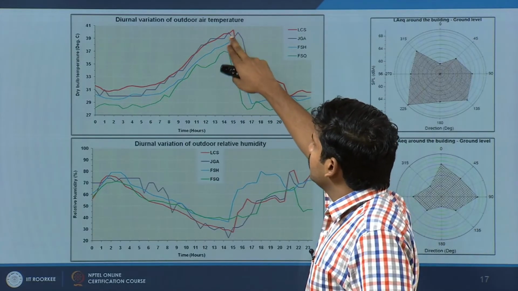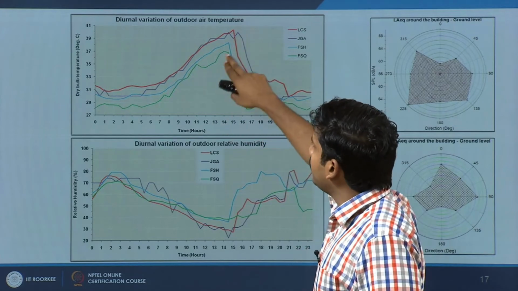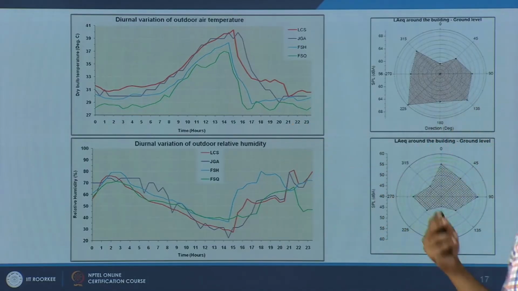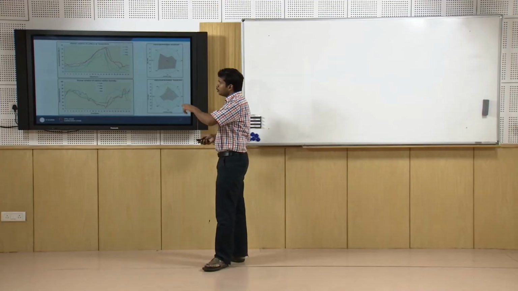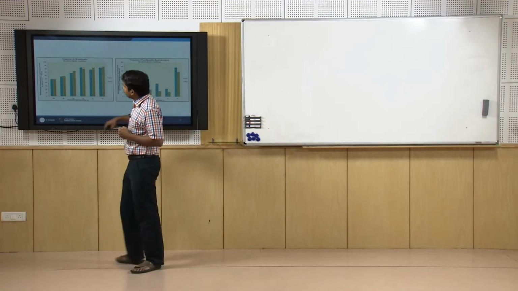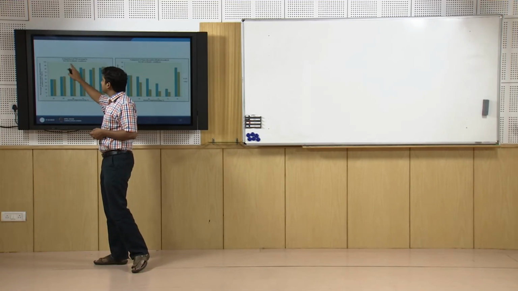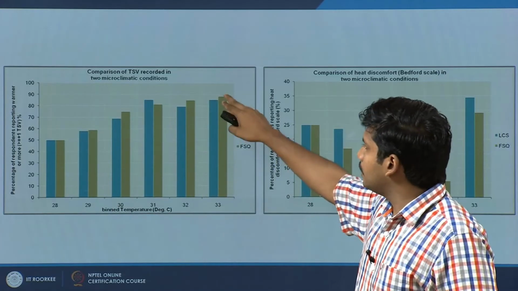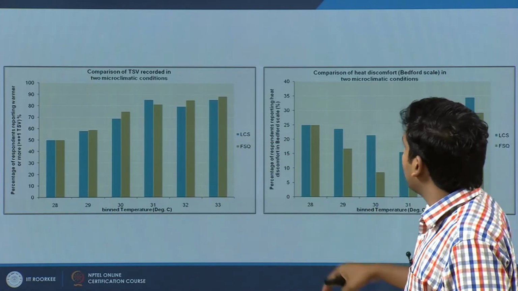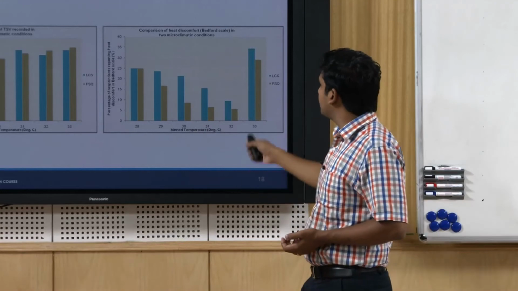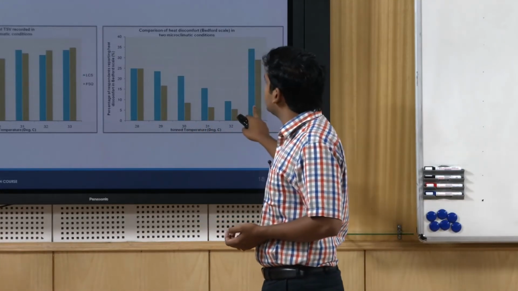This particular one, the maximum temperature during summer went up to 40, whereas here it was around 37, 38 on a similar day. These were taken from Met Department stations in these two locations, the same city. Humidity levels are also different. If you carefully assess, this is a TSV on the ASHRAE scale. The responses are more or less same between these two housing colonies, whereas if you ask them on the Bedford scale how comfortable you are, the expression of comfort considerably changes.